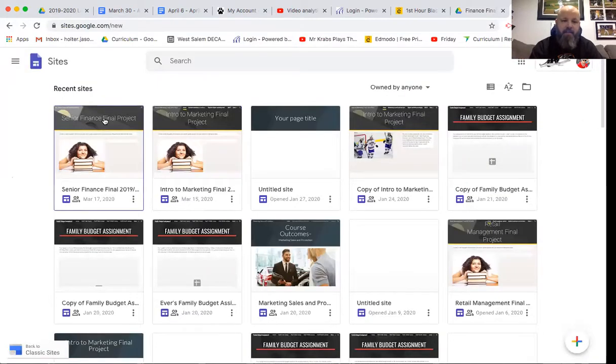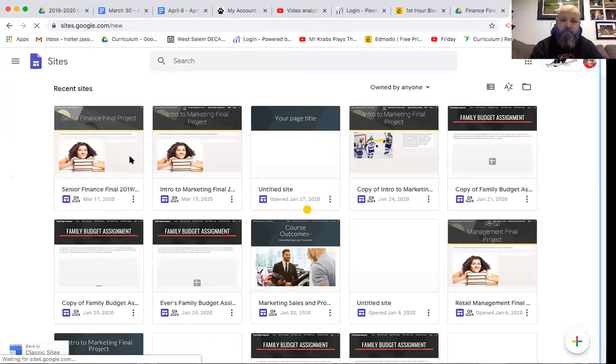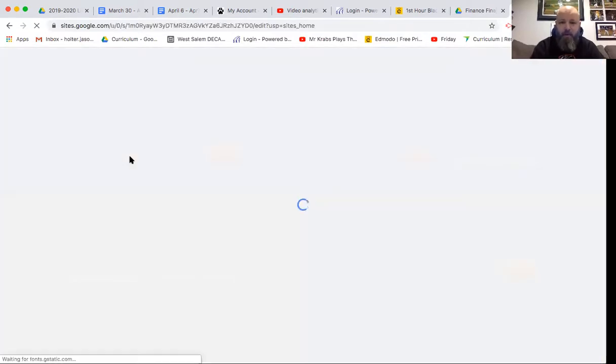Once you have that, then you can go over to your Google Sites. This thing should be in your Google Sites folder. If not, you can go into your Google Drive and it'll probably be the top thing under your most recent documents. When you open it,